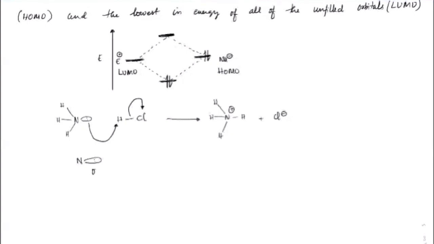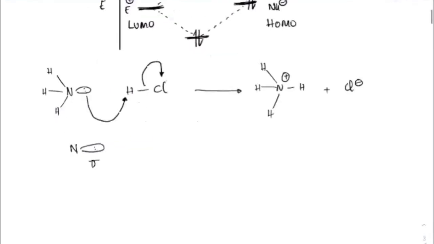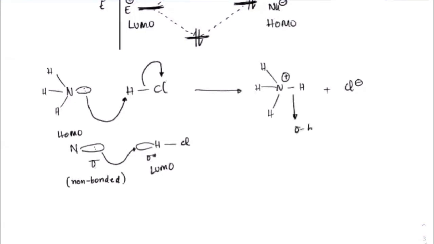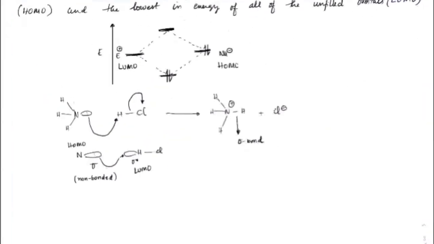If you see it in terms of molecular orbitals, actually it is the nitrogen's non-bonded orbital, the lone pair electrons, that is interacting with the LUMO orbital, which is the sigma star of hydrogen and chlorine, right? So this is the sigma star orbital, and electrons from here are transferring to this, or rather the HOMO is interacting with the LUMO. So this is the HOMO orbital of nitrogen interacting with the LUMO orbital of HCl, and that's how a new sigma bond is forming. Okay, so this is the usual interaction, how a nucleophile interacts.